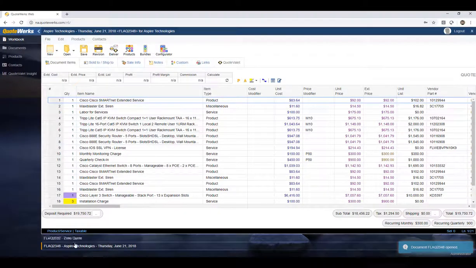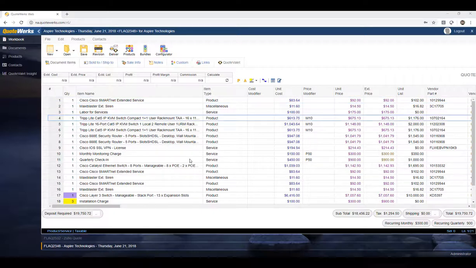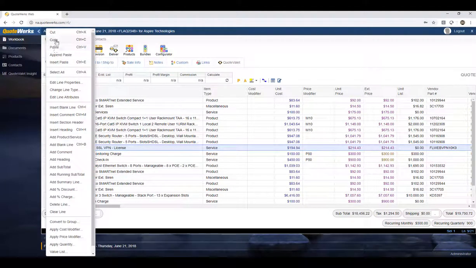And when you open that document, you'll see you'll have a list of your open documents down at the bottom. And this makes it really easy to not only copy and paste from one document to another, but you can quickly move between the two documents. So for example, if I wanted to say, oh, you know what, I wanted to quote this item in my other document, I can highlight it, choose copy,